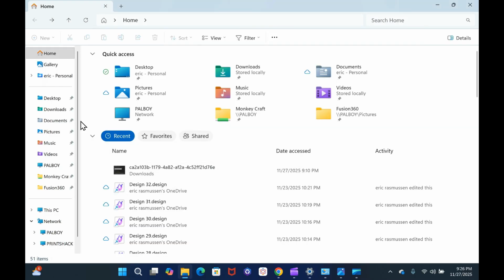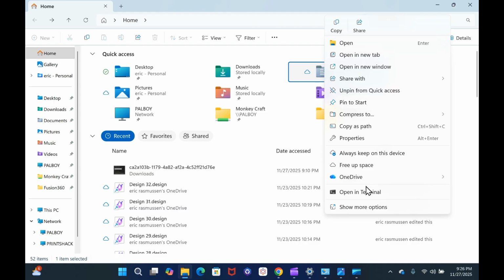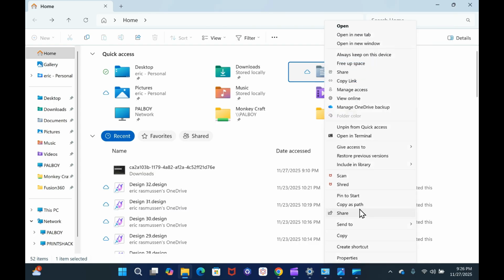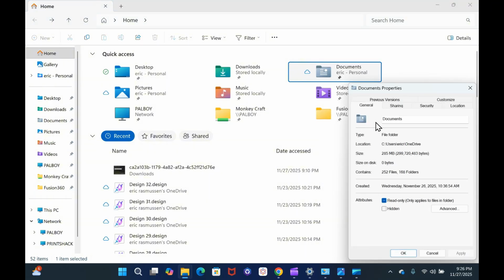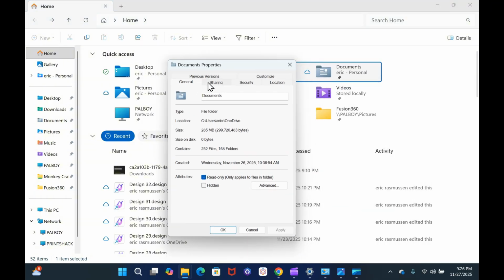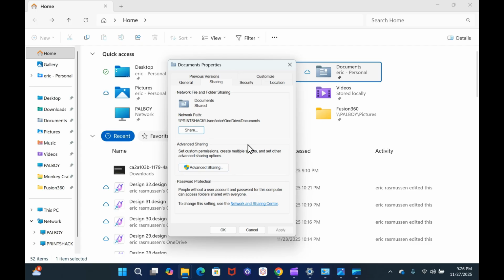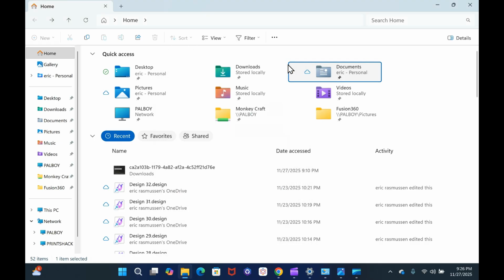Once you do that, then you're going to go into your File Explorer, go to a file that you want to share, and you're going to come down. You're going to click More Options, Properties, and you're going to adjust the sharing properties here. Make sure you're sharing this folder, okay? Now, when all that's done and you go back, you're going to see